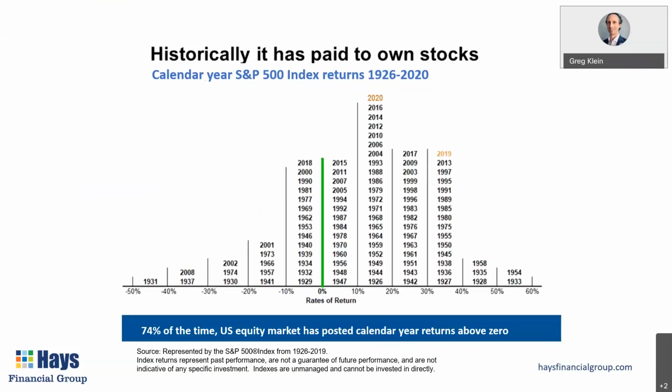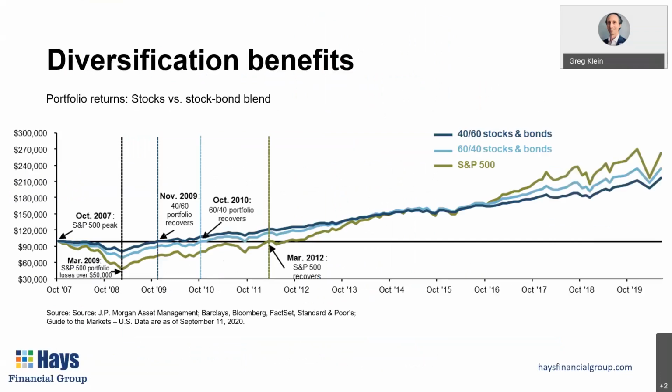I mean, the stock market is a weird beast. You never know when it's going to turn around. And so you have to roll with these ups and downs and understand that spreading your money out with diversification can help you with that. Because if we go back again and look at a period of time, even further back to the financial crisis, if you look back at that time in 2007 when it peaked and then dropped down to 2009, you can see that 100% stock portfolio, that S&P 500, that green line, did drop the most. So then it took longer to recover.